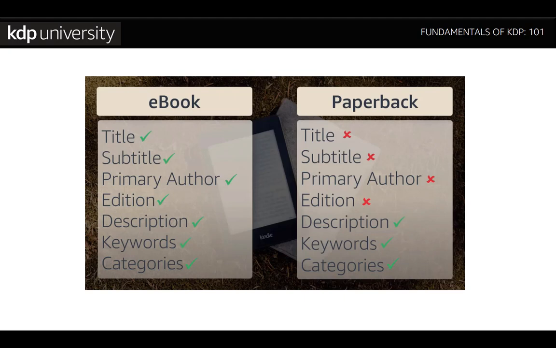features. If you've published your paperback with another publisher or in another format like hardcover, you'll need to publish with a new ISBN. Now, if you moved your titles over from CreateSpace, there's no need to worry about changing the ISBN. You can keep the same ISBN for your title. Now, ebooks, they don't need an ISBN and therefore have more flexibility in the details that can be changed. Because they are different formats, if you do use an ISBN for your ebook, you'll need a different ISBN for